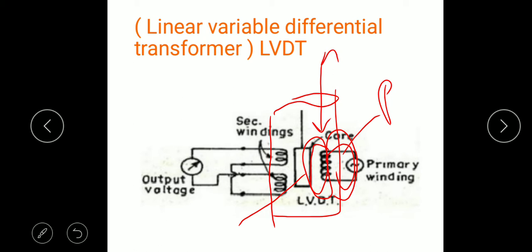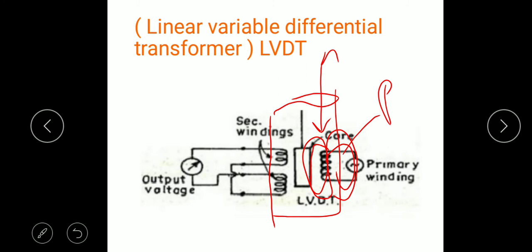Again, when current is present in a wire, winding or metal piece, due to that current the magnetic field will develop, and because of that this component also will show a magnetic field. And when the primary winding comes in contact with the magnetic field of the core, the current will develop in the secondary winding and flow through the circuit, and that current is measured by the output circuit arrangement.